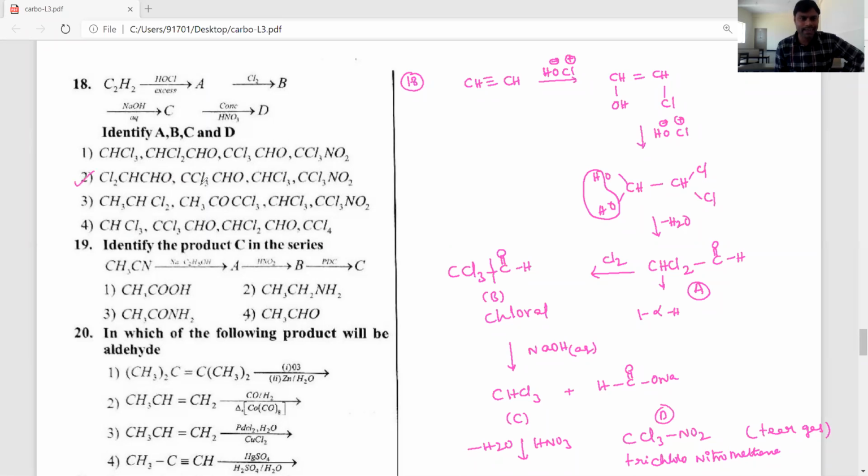CHCl2CHO. And C is trichloroacetaldehyde, which is nothing but chloral, and C is chloroform. This is treated with concentrated H2SO4 to get trichloronitromethane, also known as tear gas. So the answer is the second option. So this conversion is very, very important, dear students. Okay, let's see that